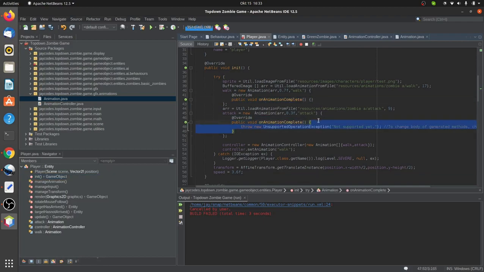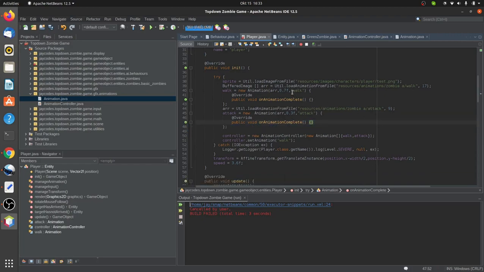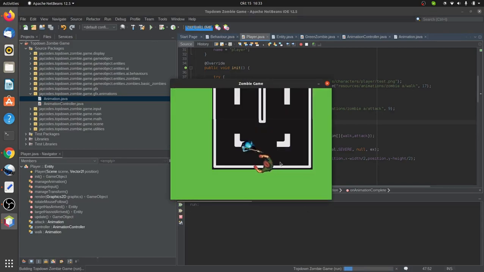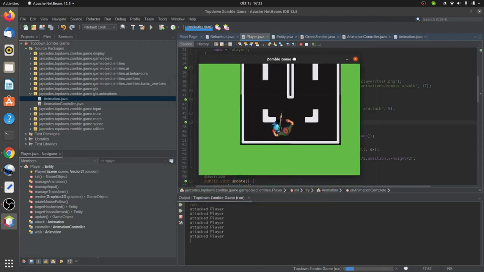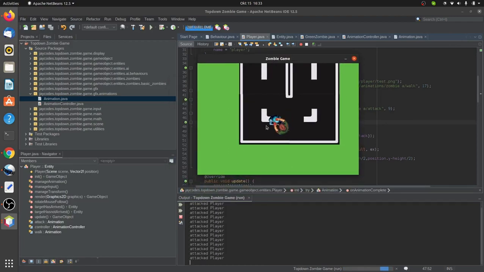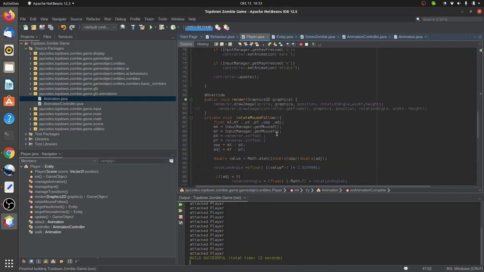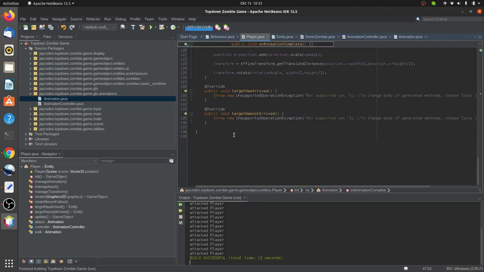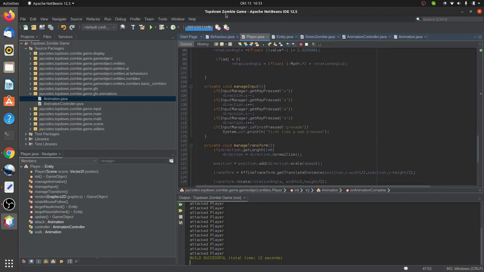Okay, so we're simply gonna implement the abstract method, remove this. As you can see, as you can check on the output, whenever the zombie attacks, we have an attack player